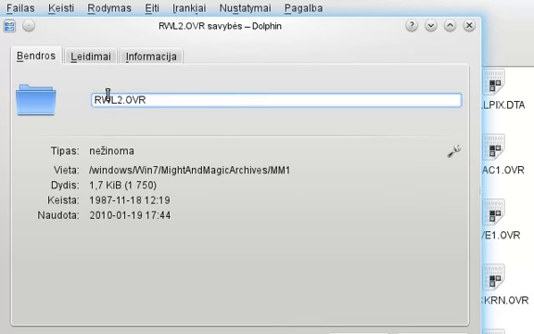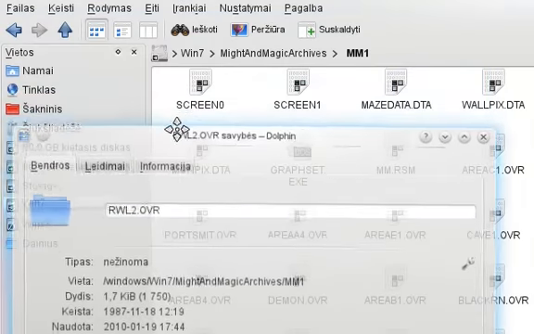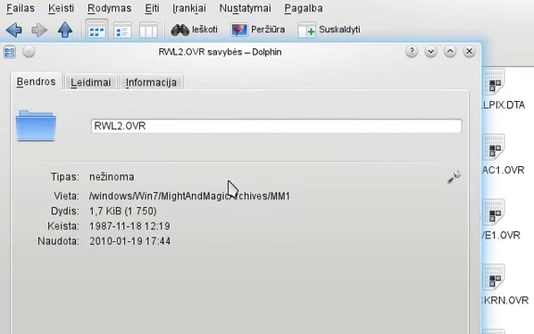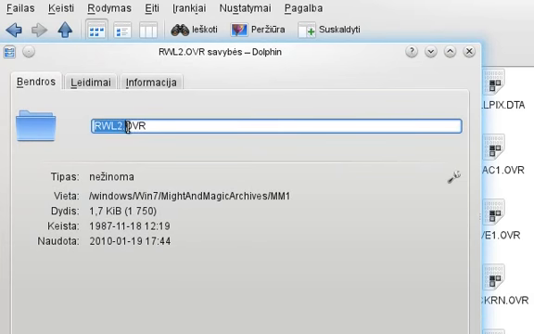Now, as you can see, I am looking at the location I have Might and Magic 1 installed. And here it says, in the RWL2.OVR, which is the Raven's Lair, level 2,